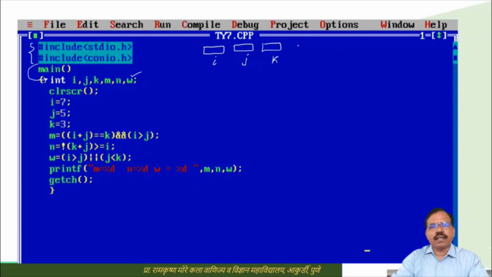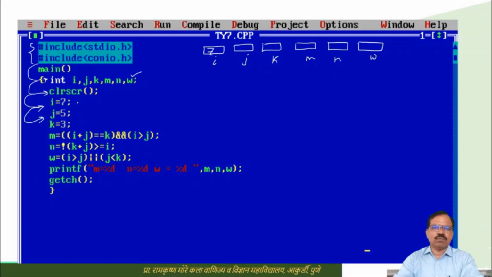These are 6 memory locations reserved by the names i, j, k, m, n and w. Each memory location is of the size 2 bytes. Now this is clear screen, and here i equal to 7, so 7 is stored here.